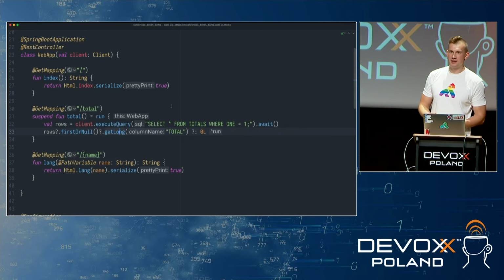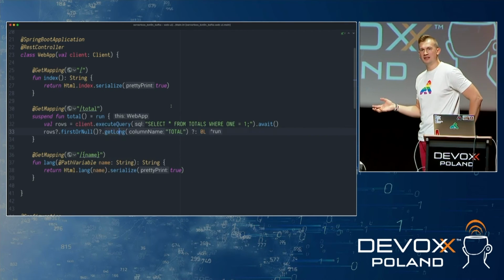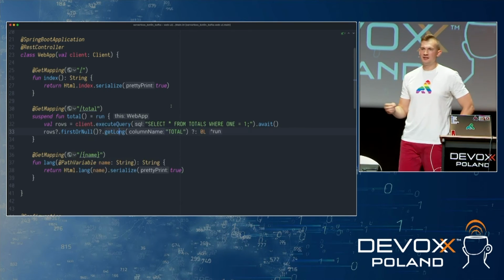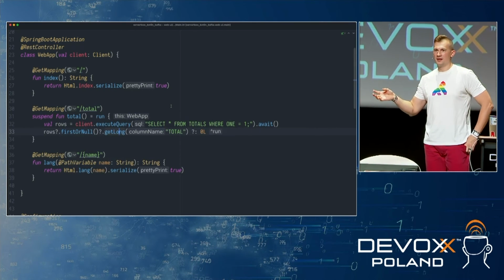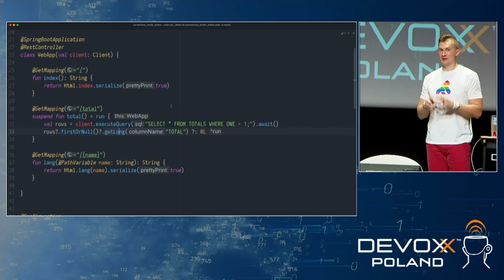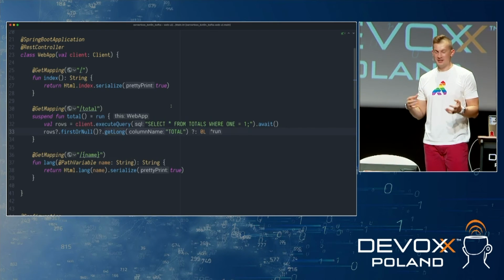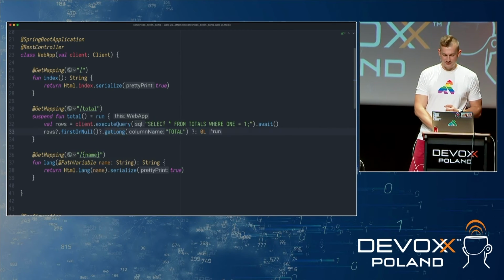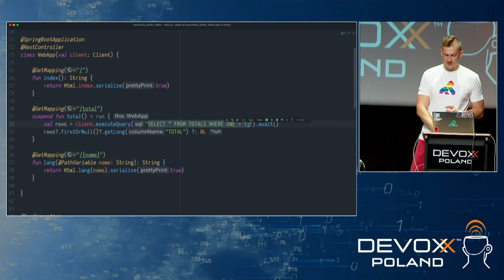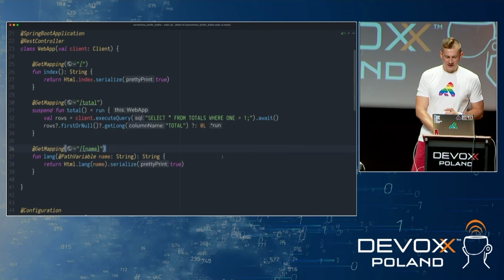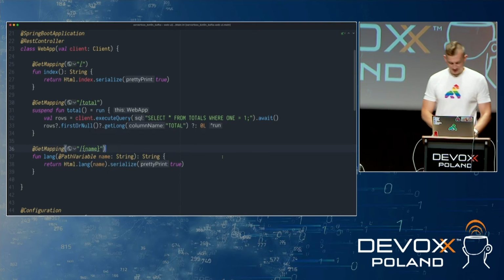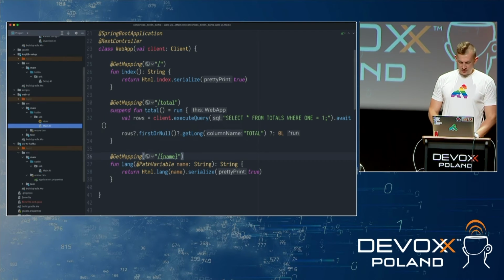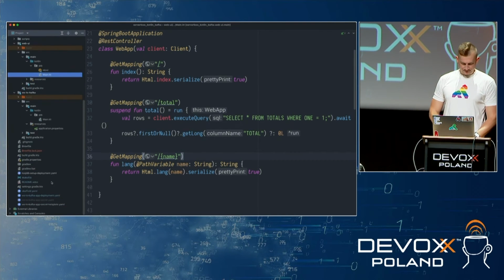The only thing that this application uses is this KSQLDB reactive client that will connect to this endpoint. And from this endpoint, it will just read this data based on this particular query. So this is the query that we want to calculate, and we will get these numbers here. So in order to deploy this,